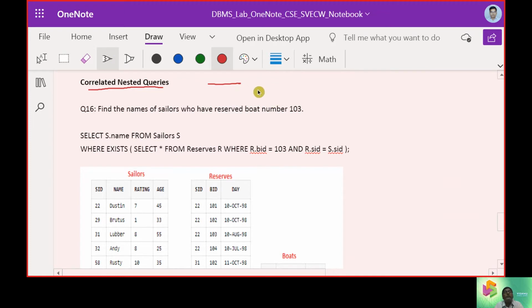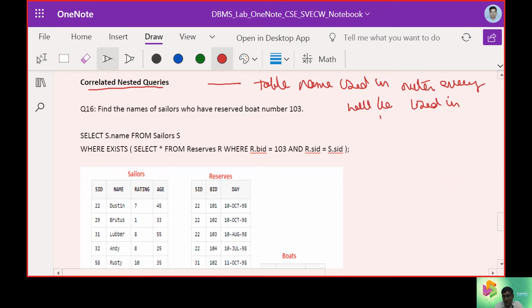When we go with correlated nested queries, we can say the table name used in the outer query will be used in the inner query.